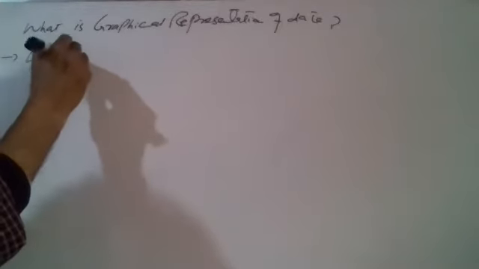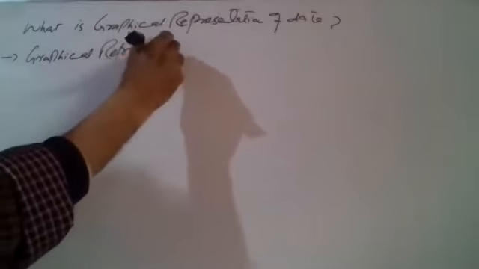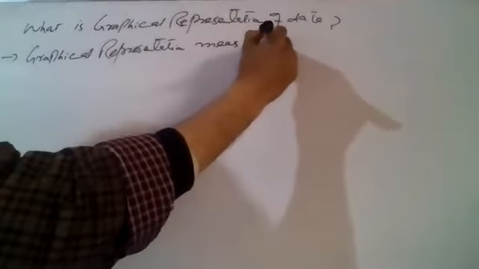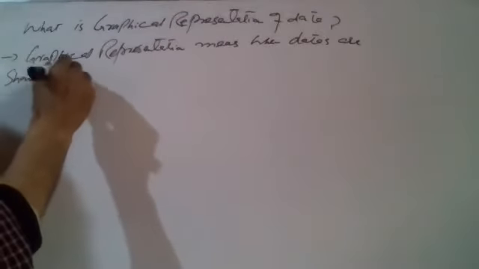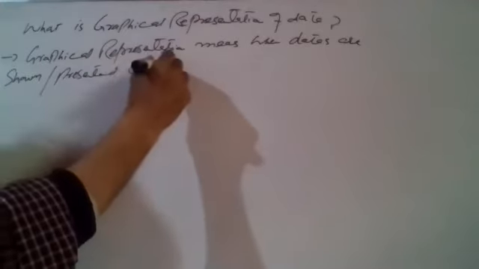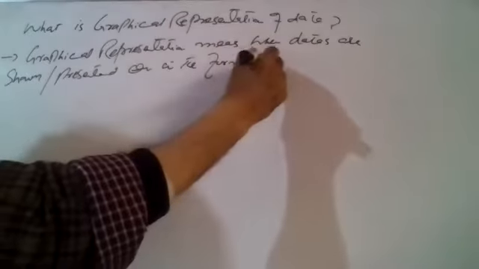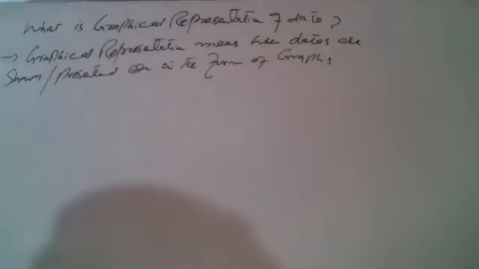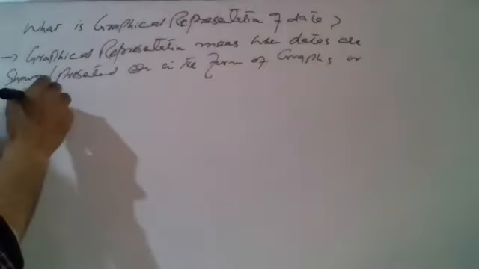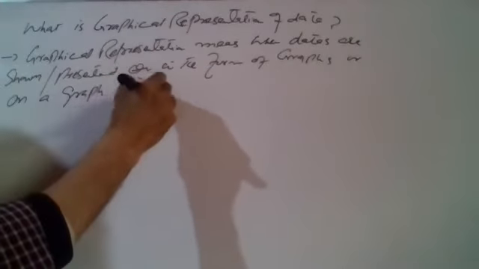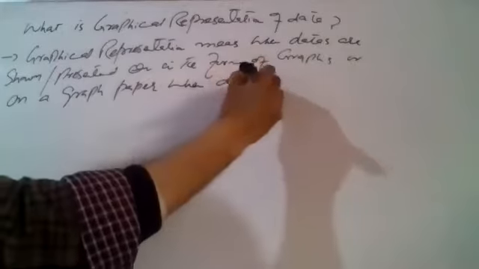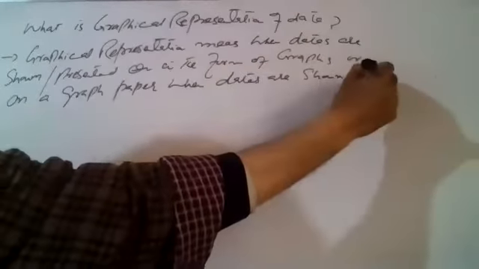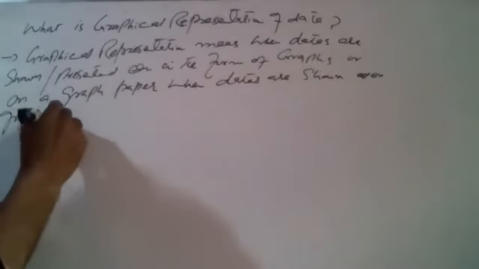Graphical representation means when data are shown or presented in the form of graphs, in the form of graphs or on a graph paper, on a graph paper, and data are shown on graph paper. So when these data are shown on the graph paper, when they are presented on the graph paper,